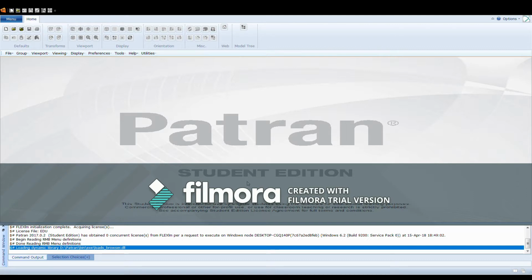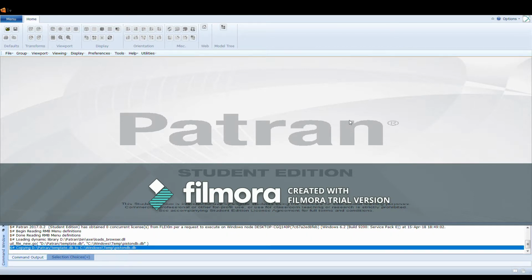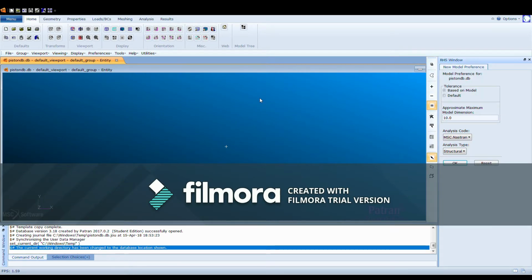We'll call it piston DB. Let's start it. Our database has been created, and what we're gonna do next is